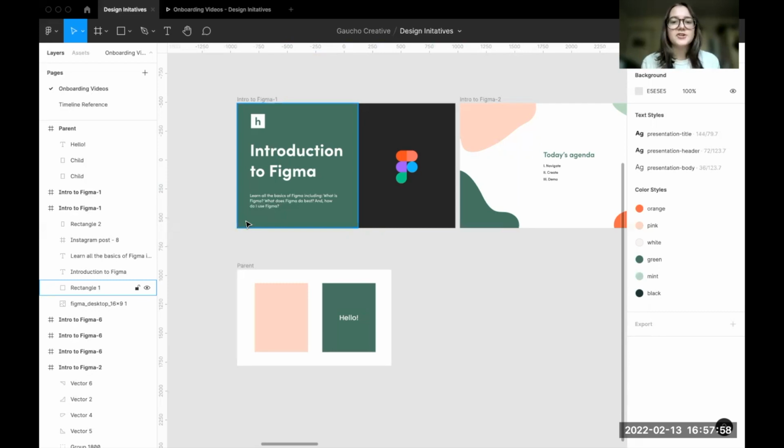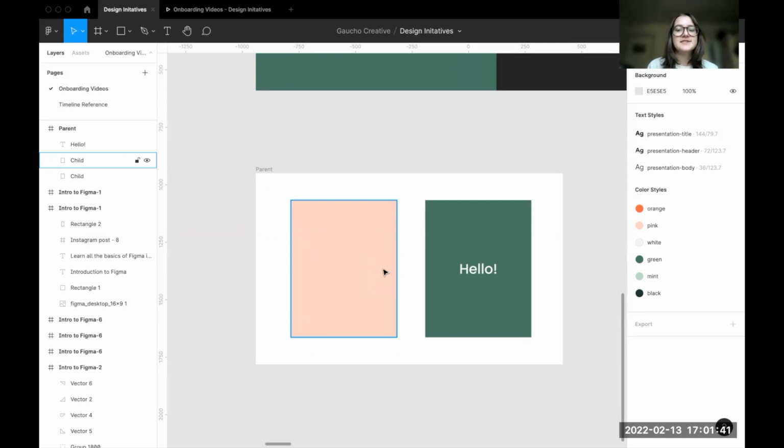And then moving on to the layers panel, which you can find here on the left. Essentially, any frames, groups, or objects you add to the canvas will be visible in the layers panel. And to help you visualize how Figma uses layer hierarchy, I can use this kind of example here. Parents are layers that contain other layers. Think frames, components, and groups. Children are layers within a parent. Think of the text and shape layers within a component or group.